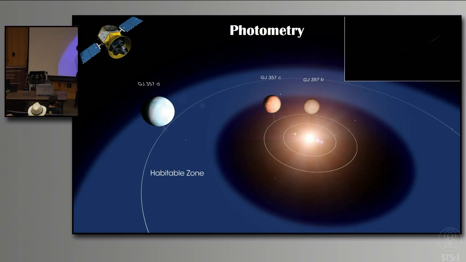GJ357 is only 31 light years away from us. It's very close as far as star systems go. And TESS discovered this inner one, 357b, around this small little M-dwarf star. And then once TESS discovered that, astronomers around the world decided that they